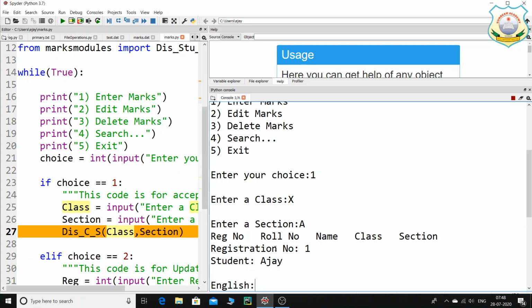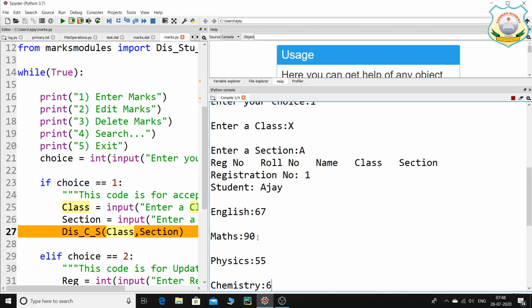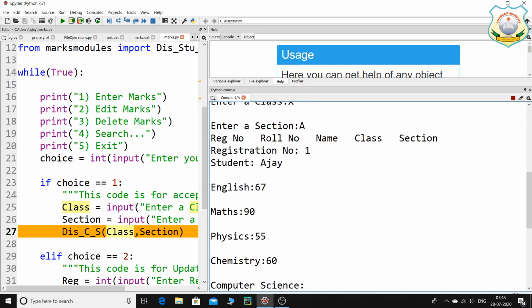We need to remove this, and this is what we coded, that is registration number is 1, student name is Ajay, fine. And now you can see it is asking for the marks for English, for Ajay, and I will give it over here maybe 67, and maybe 90, maybe 55, 60, or just 60,